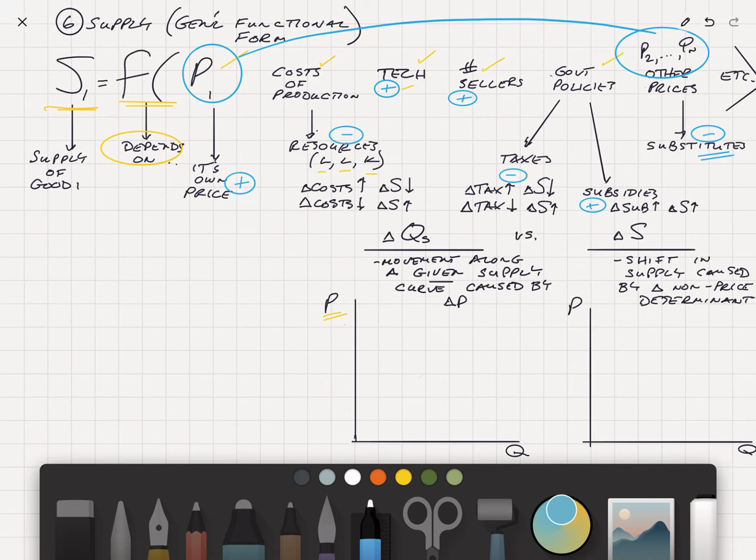And let's just underline that. So we now listed, and I finished up the list here with etc. There's a lot of things that can affect the supply of good one. We're left with many variables. We can't get to our model building because we have so many variables unless we say